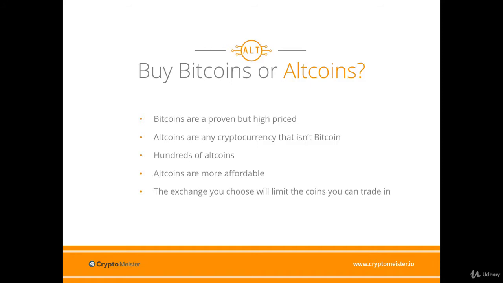to Bitcoin. Some will sell a specific altcoin, some will trade a few, and a few of the bigger ones will trade them all. There are literally hundreds of altcoins in the market, so you may have to search for the best exchange to trade in the coins that you want to trade in. During that search, consider where you live, as this will play a role in which exchange you can use.